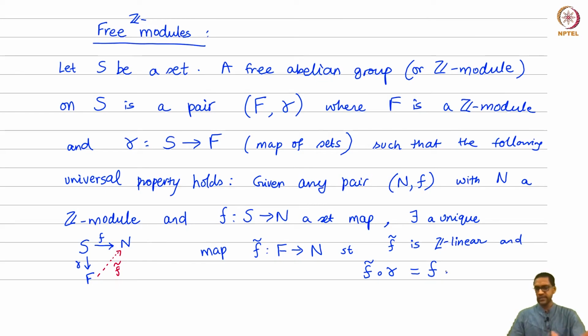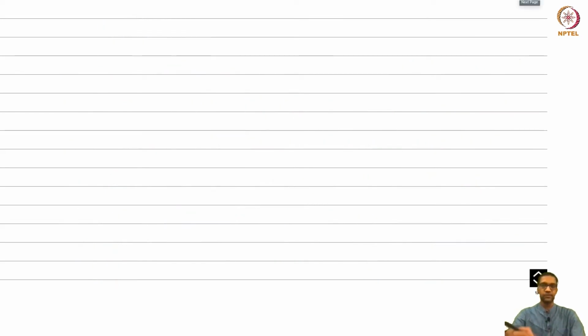Okay, this may look like a slightly strange definition if you have seen other definitions of free groups before, but they're all the same sort of definition. So first let's show, using this definition, why the free group exists. Here the set S can be finite or infinite, it doesn't matter. So how do we prove existence of the free group on a set S? So let's construct the group. Okay, so how shall we construct it? Well,